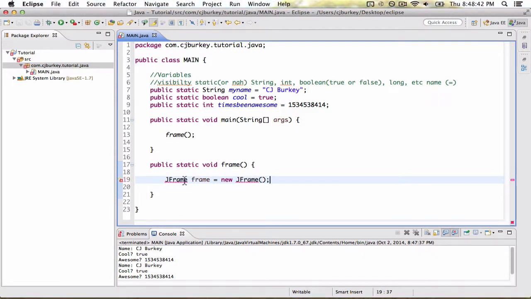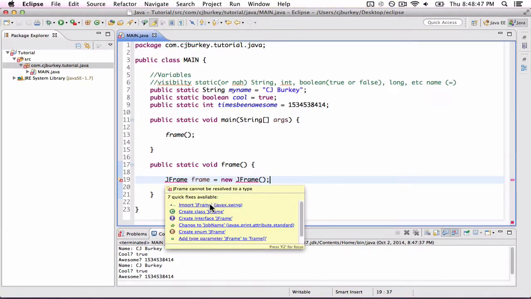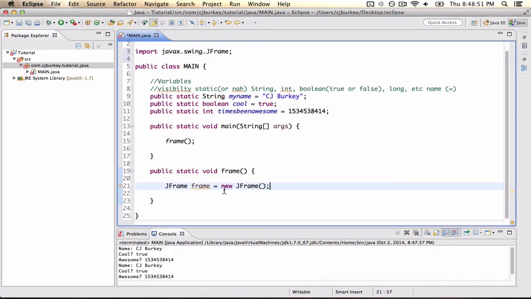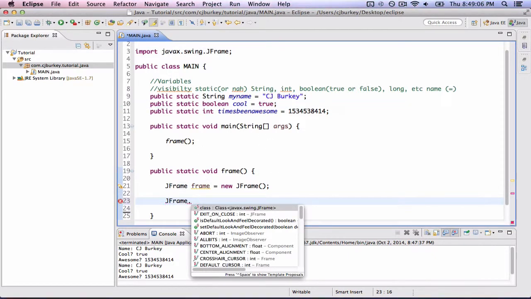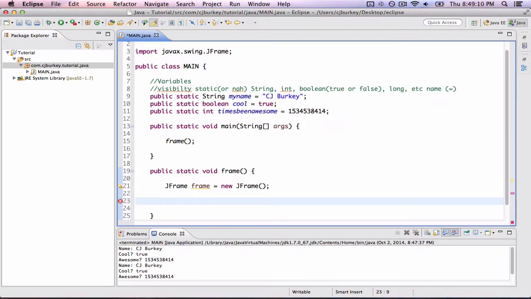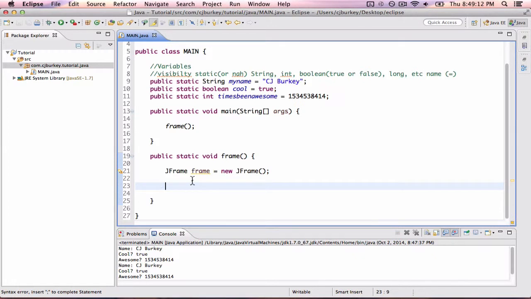To import things, press Shift Command O, or hover over them and hit import. And we'll go ahead and import them. So what this basically says is it's creating a variable called frame, and it's a JFrame, and it's going to create a new object of JFrame. This actually goes back to the static thing. JFrame variables are not static. Most of them aren't, and the ones that are don't really do that well unless you're